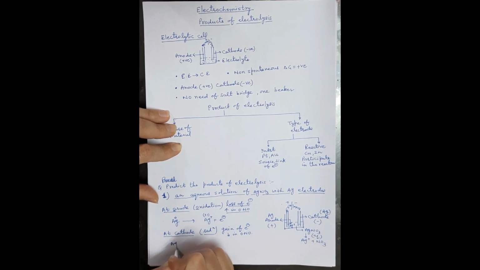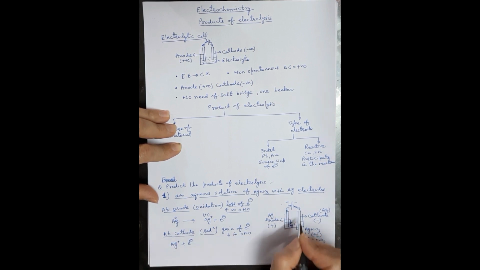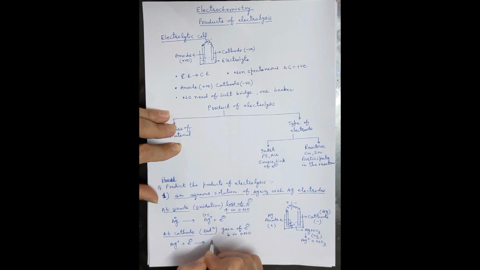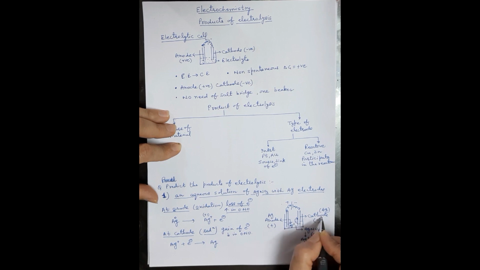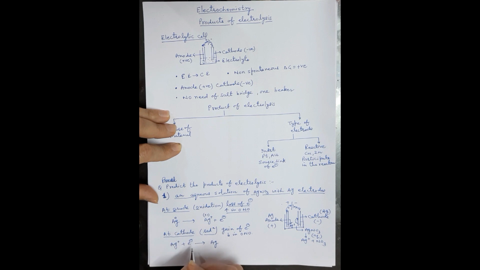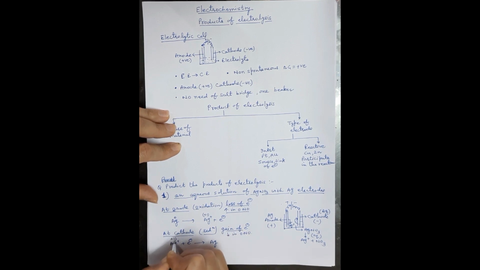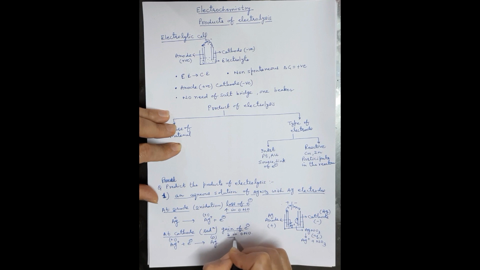These silver ions will gain electron which are coming through the external circuit, and it is the formation of silver. Silver ions from the solution will gain an electron and silver will be deposited at cathode. So they are undergoing reduction because it is gain of electron. I can also say oxidation number changes from +1 to 0. So there is decrease in oxidation number. So this is reduction.